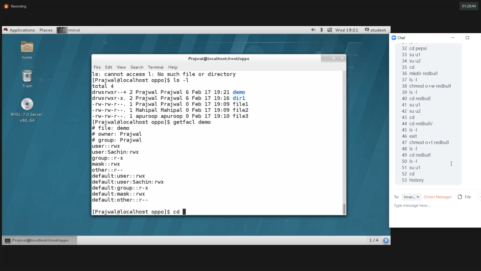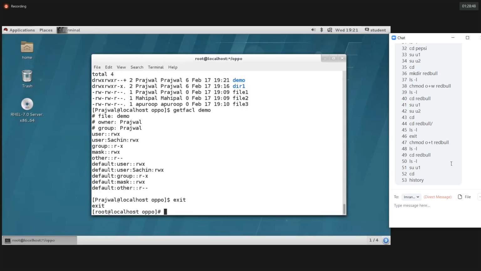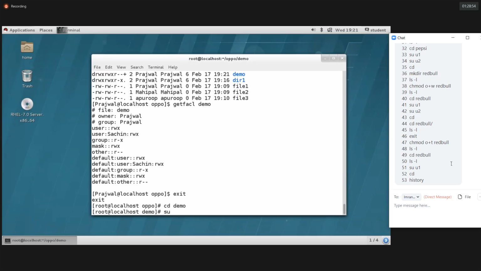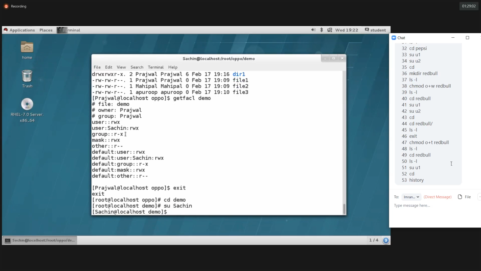Exit from Prajwal, cd into demo, then log in as the Sachin user account. Then try to create files and directories: mkdir, any name, okay, mkdir dir1.